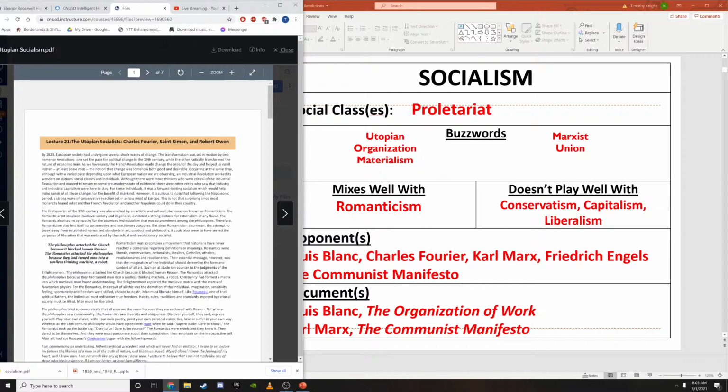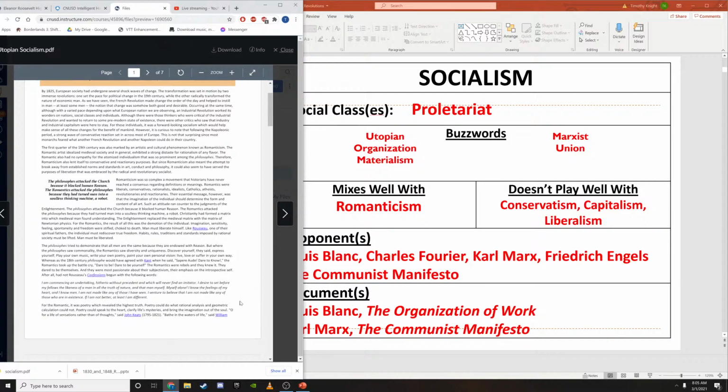Man must liberate himself. Like Rousseau, one of their spiritual fathers, and we've talked about Rousseau as an Enlightenment figure, but sometimes people call Rousseau the beginning of intellectual romanticism. He said the individual must rediscover true freedom. Habits, rules, traditions, and standards imposed by rational society must be lifted. Man must be liberated. The philosophers tried to demonstrate that all men are the same because they are endowed with